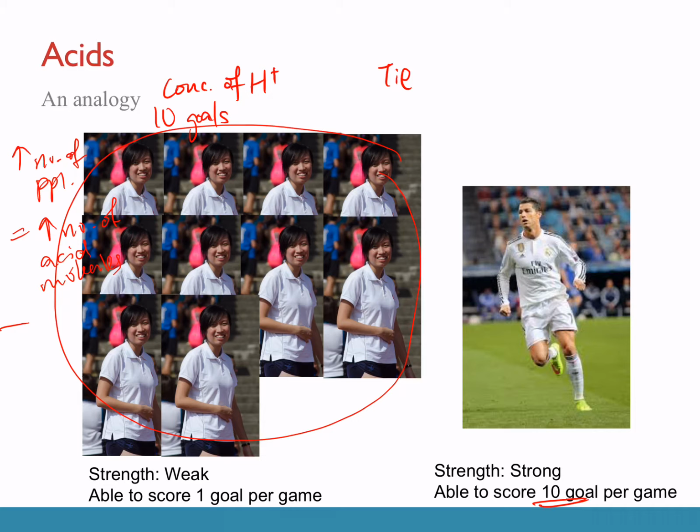Okay, so take note, the strength of an acid is never determined by the concentration of the solution. Strength is inherent in the nature of the acid, just like how my strength in soccer is inherent in me. Even if I clone myself many times, I am still weak individually. He is still strong individually, even if there's only one of him and there's a lot of me. Our nature does not change. What is changed is the number of hydrogen ions.